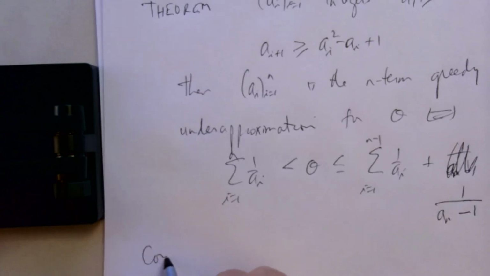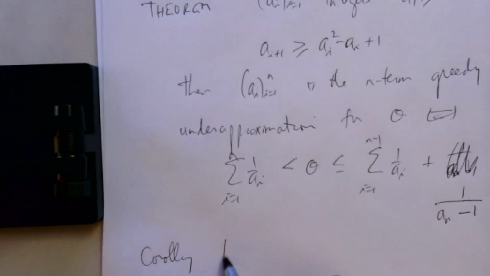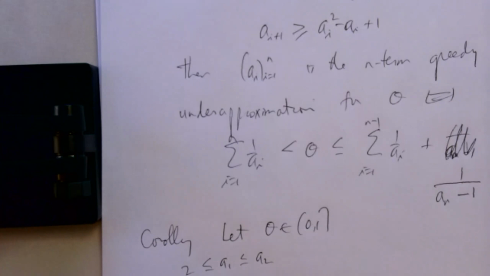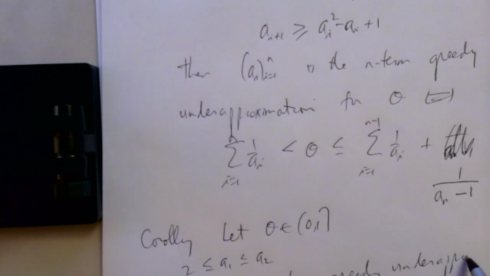So the corollary of this, which is just the n equal 2 case, is that if you have theta in the interval from 0 to 1, and you have two numbers, A1 and A2, A1 at least 2, and less than or equal to A2, so this pair A1, A2 is the two-term greedy underapproximation of theta,